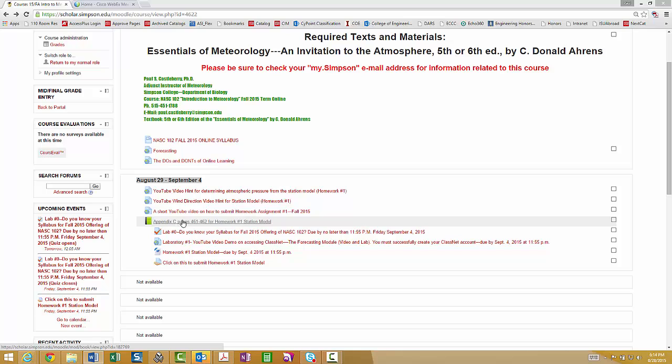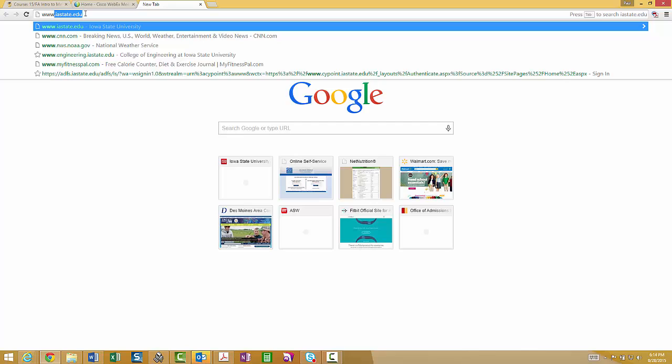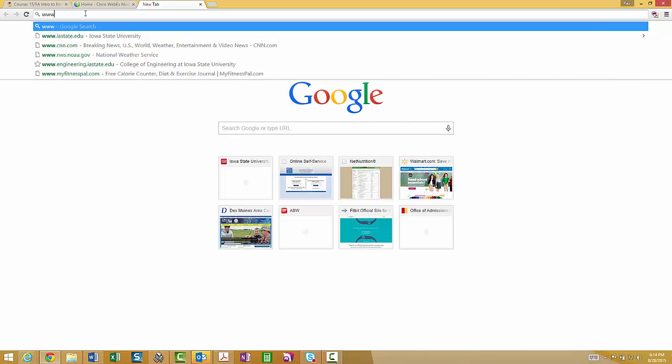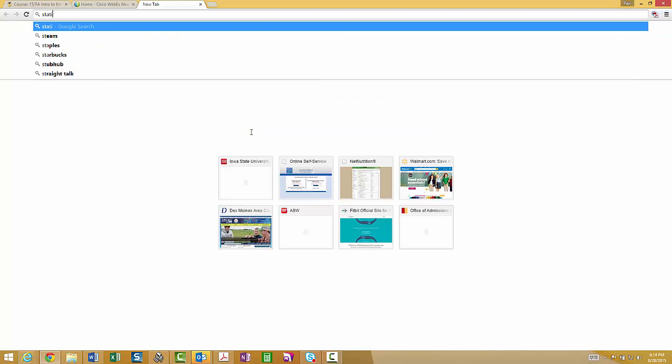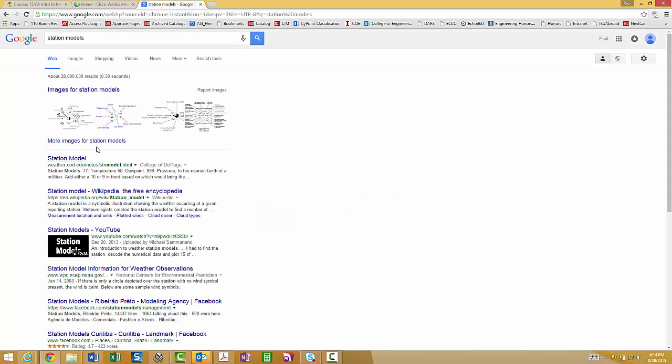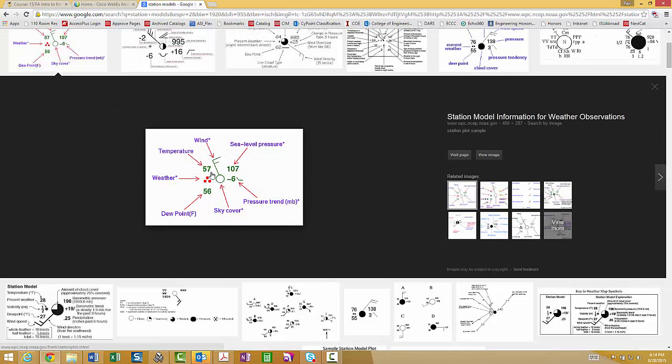Now to do this basically, let me show you what a station model is. Let me just pull something up here a moment. Now this is a picture of a station model.